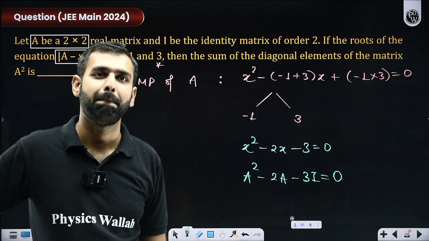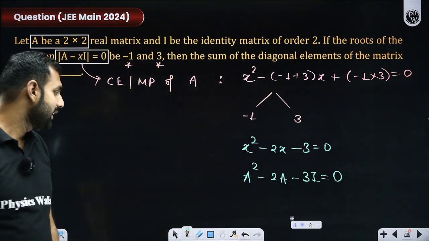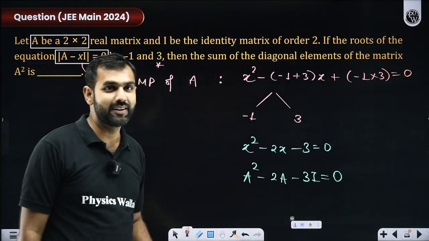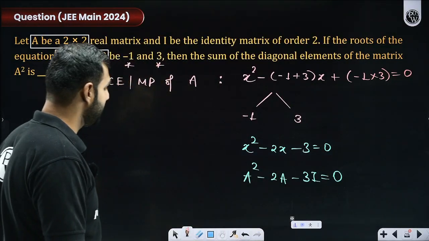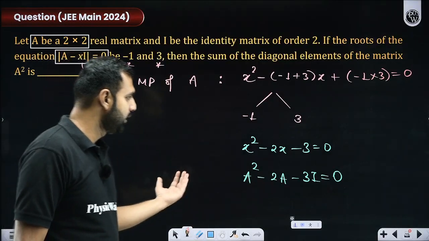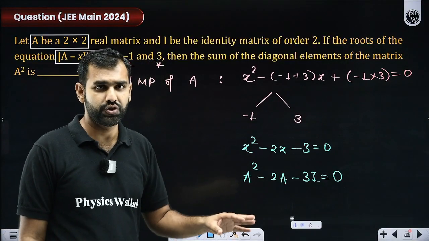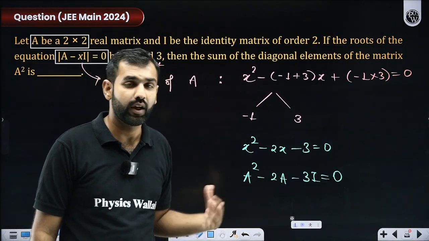Archana, and everybody else who was treating matrix polynomial and characteristic equation as two different entities, please take care of this thing. Now, sir, are we really asked this? Why did you not read the whole question? First of all, read the whole question. What are we asked? Check it out.